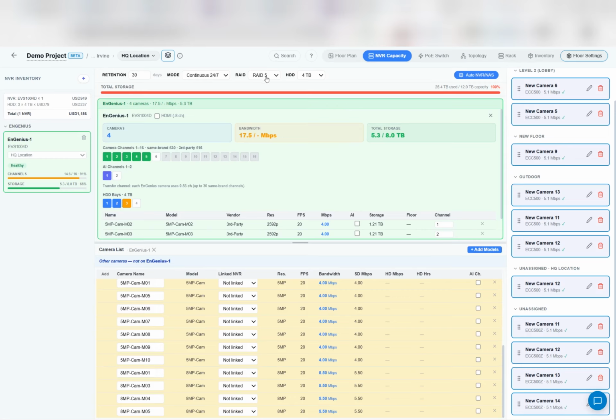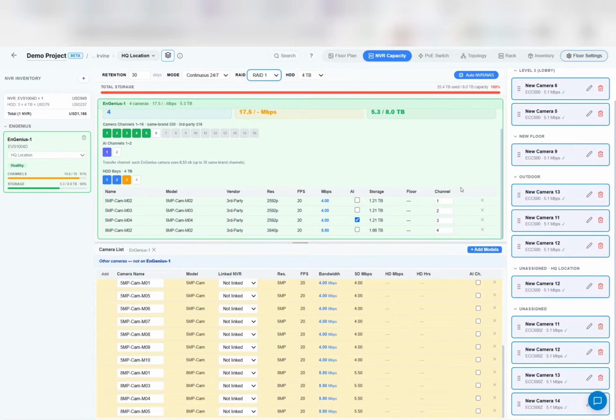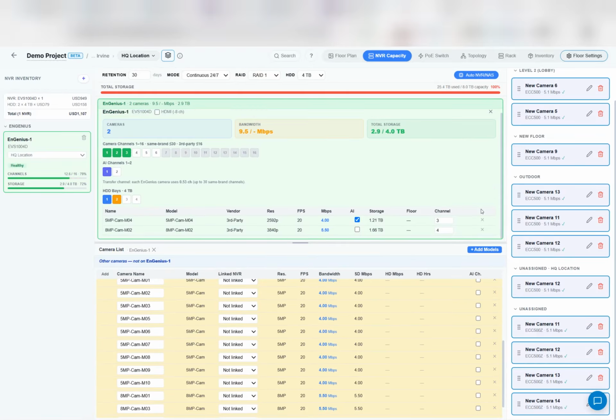I can change this anytime. It was RAID 5, and today I change it to RAID 1. Then it runs a check. Here I can actually put in a bit less. You'll see RAID 1 only needs 2 drives, 2 bays, because the storage size it requires is different. But if I use RAID 5, it needs at least 3 hard drives. So here it also automatically does the calculation for you, so you clearly know which one to use.